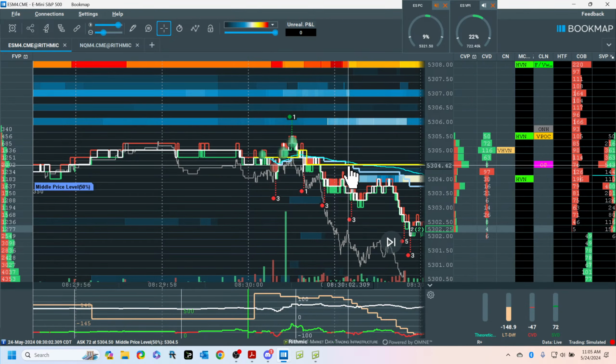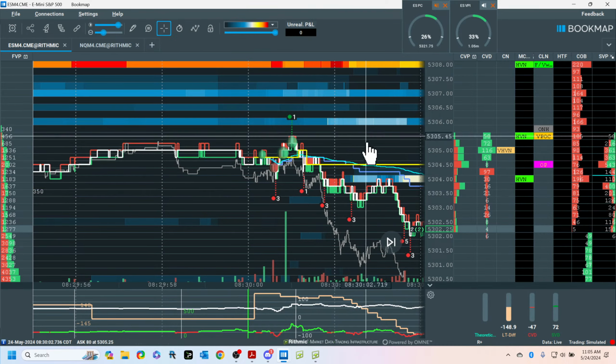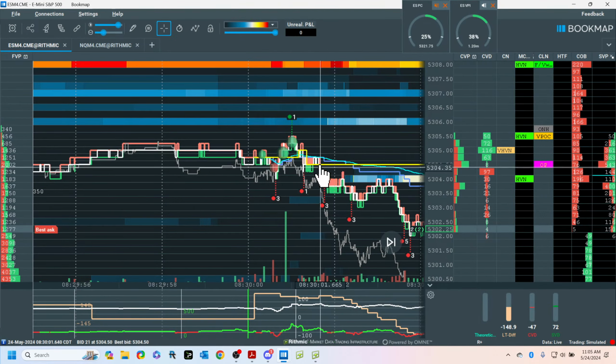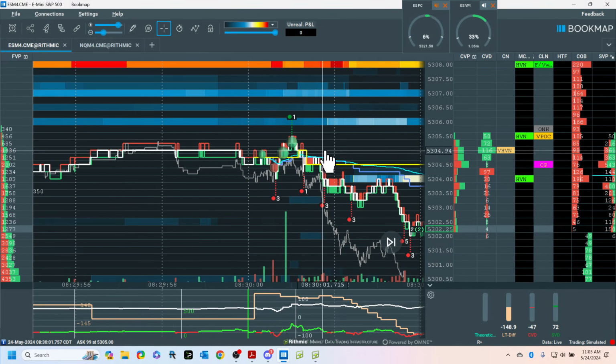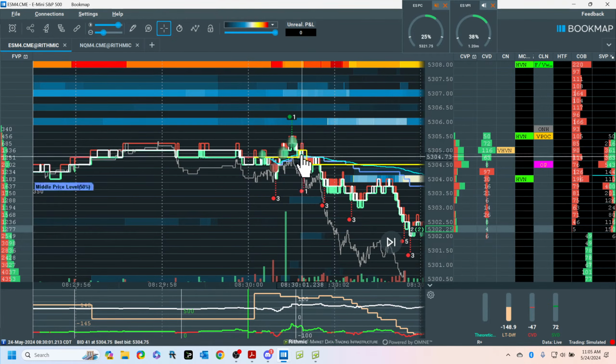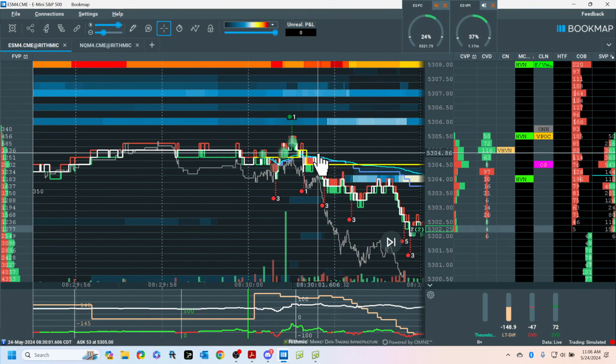This now is too high unless we cross above, right? Look what we did here. We crossed below. There's the VWAP in the mid. I didn't get back above here. So these buyers, and this guy, are on the hook.